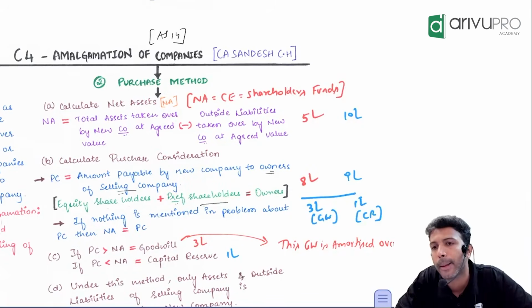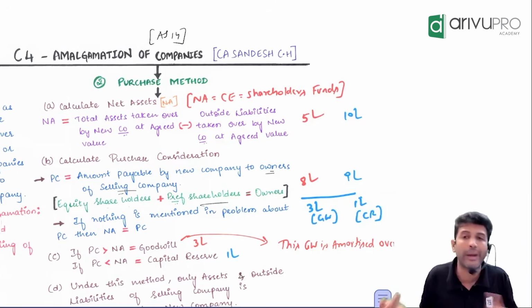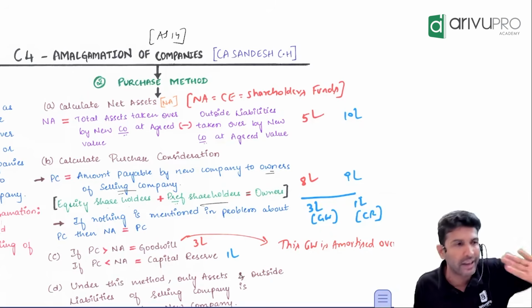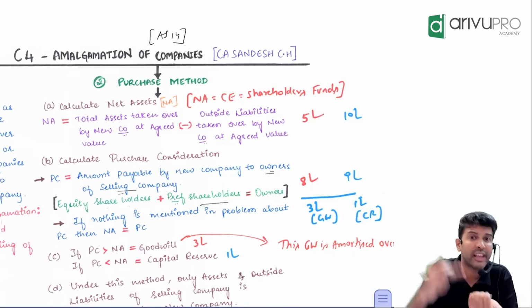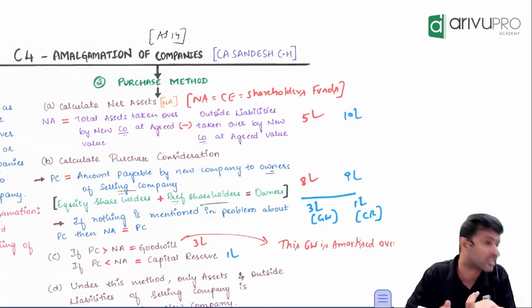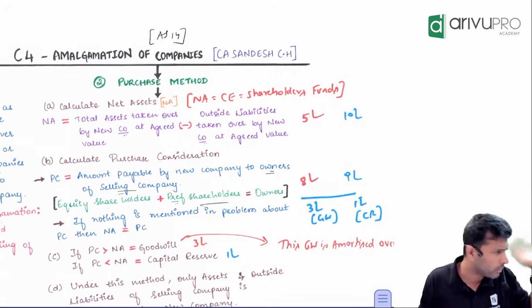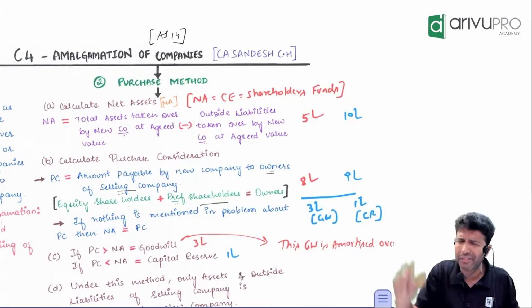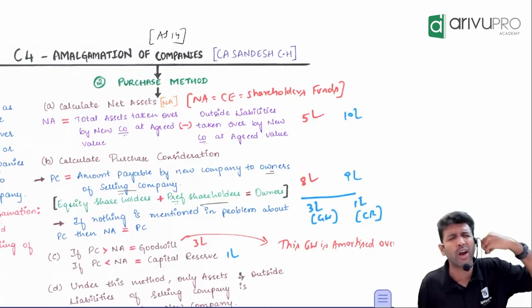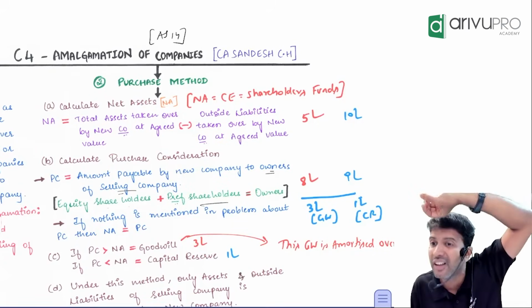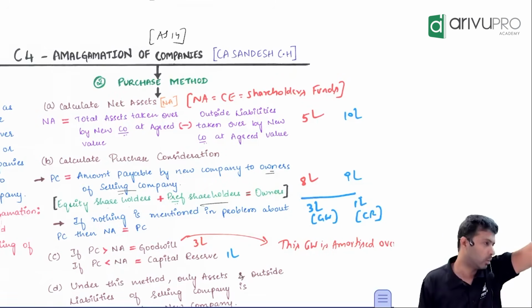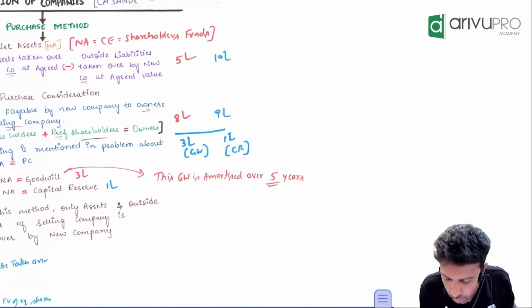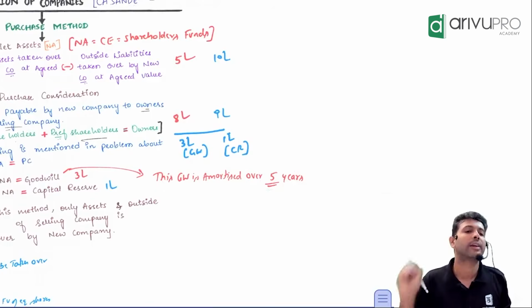Because you don't know why you paid this extra 3 lakh. You could have paid for multiple reasons. Maybe the selling company has good employees, good customers, great assets. Whatever, the reasons could be anything, and we are not able to identify them. Hence, AS14 says, account it as a dummy asset, and call the dummy asset goodwill. This goodwill, AS14 says you amortize over